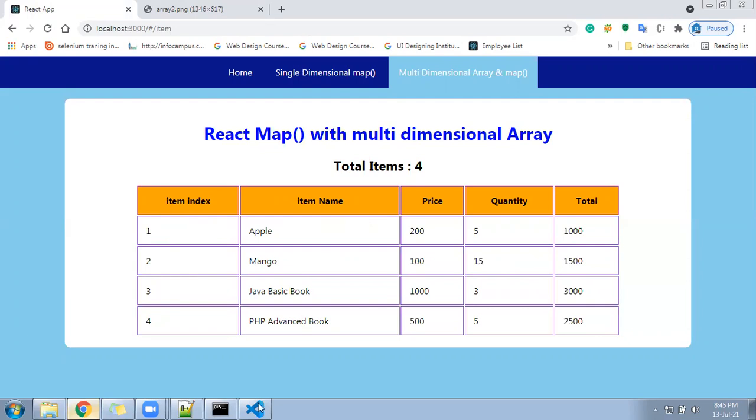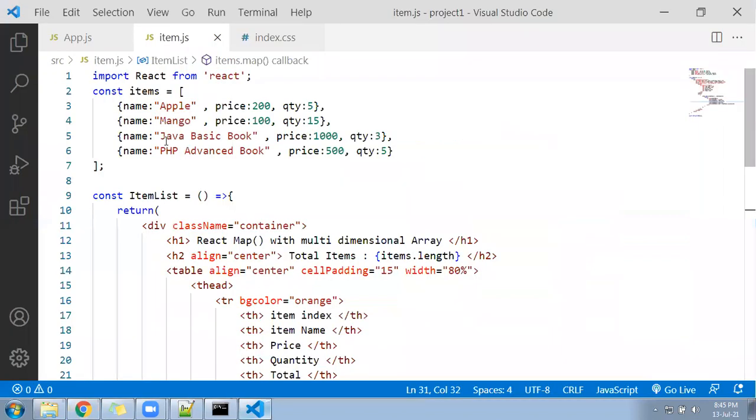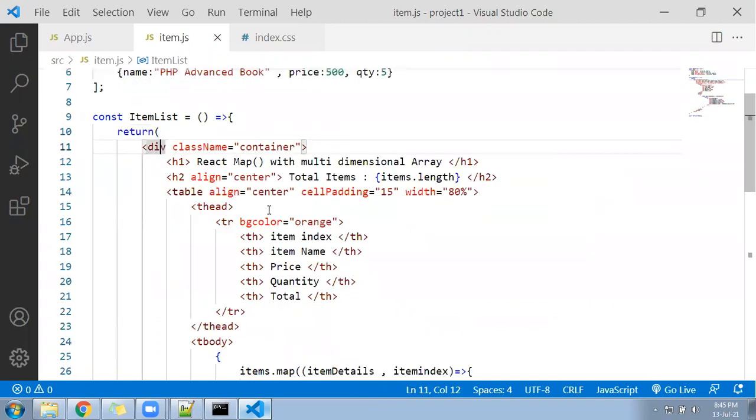I'll guide you again. Let's come from the beginning. We imported React. We created one array. We kept name, price, quantity. We wrote a function, simple, and inside the function we follow whichever UI you want. So I created a simple table. Inside here I am displaying the heading. Here I am displaying the length of the array.